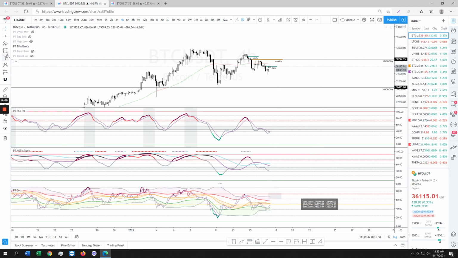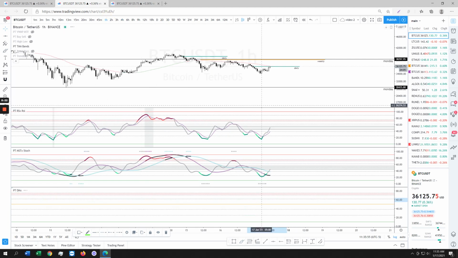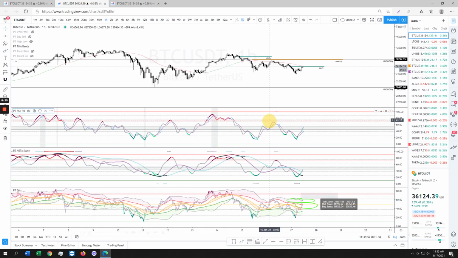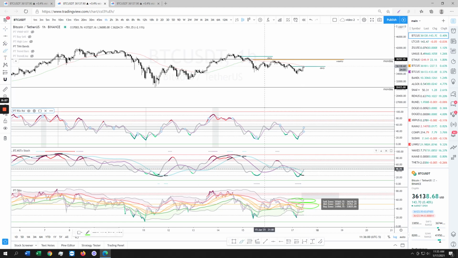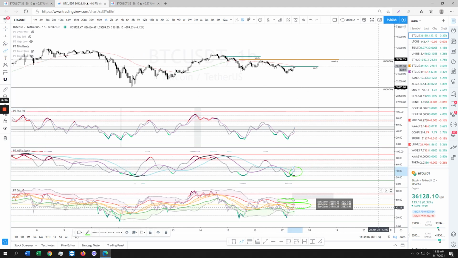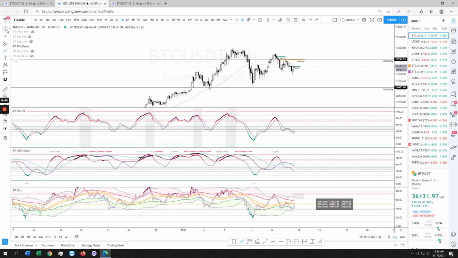Right? So if we get above the mid, which is more likely than not will take place, get above the mid, which is 36,400 and 36,500. We're going to target the red, which is 37,200. First target of interest, right? Okay. 1 hour shows that we have a lot more room to contest this top. The Stoke is officially bullish right now. Our Stoke is above both the trend line and the signal line. So all we need right now is for this to retest them, and she will fly. That's it. That is the statement I'm putting in right now.